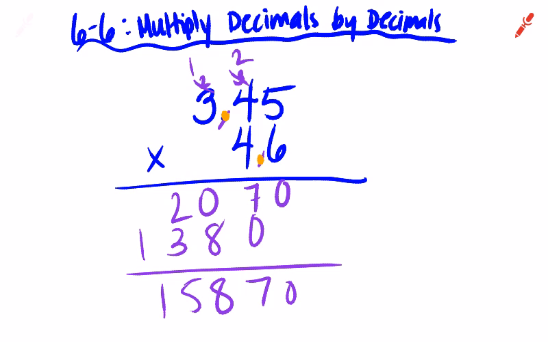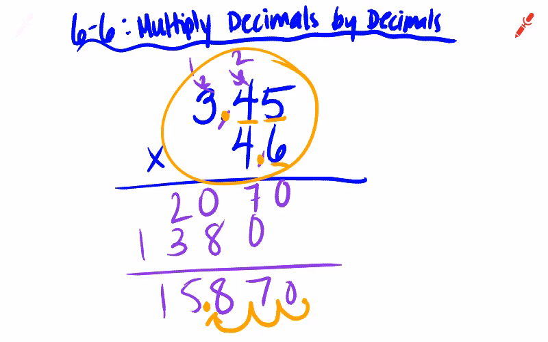Because you're multiplying a number with two places past the decimal point by a number with one place past the decimal point. What do you think, Dylan? Since there's 3 numbers behind the decimal, you have to move the 3 to the left on the answer. Perfect, okay? So I look that there's 1, 2, 3 numbers to the right of decimal points in the problem up here. So I go down to my answer at the bottom and I move the decimal point 1, 2, 3 places to the left and I get